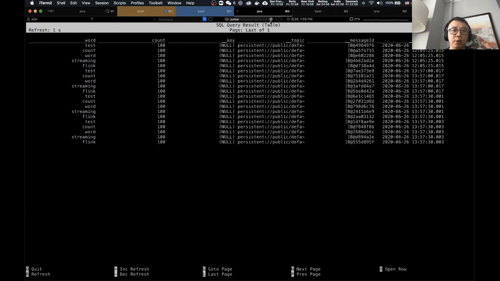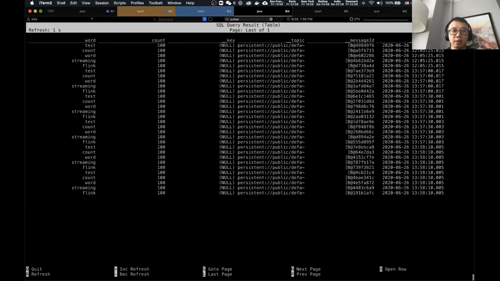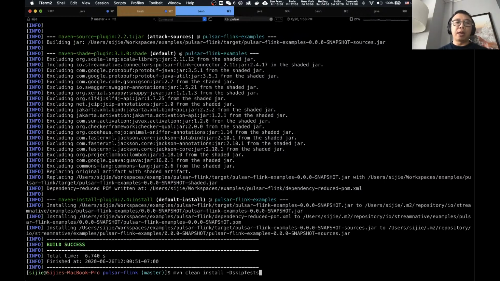And this SQL query is querying the output topic, and it's also a streaming query, so you would keep receiving the messages from this query. So this is basically what I want to show, to help you understand a bit